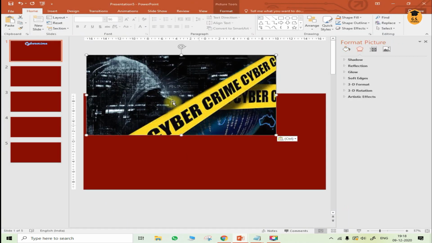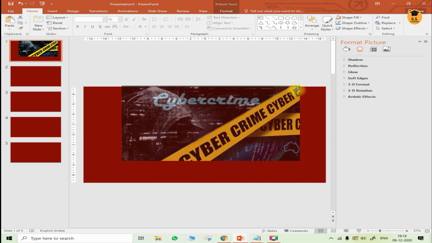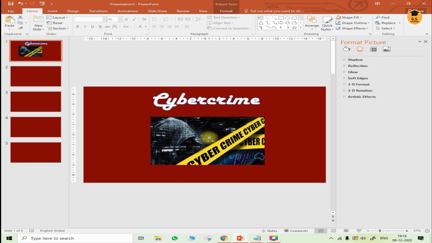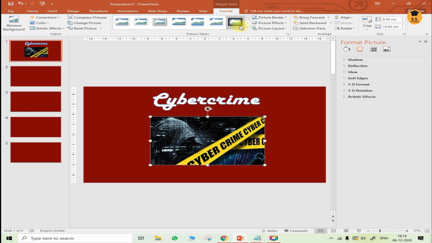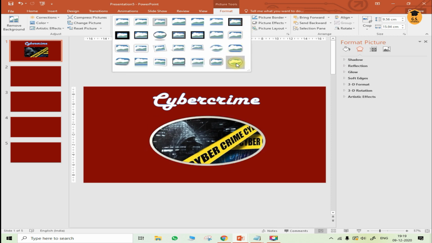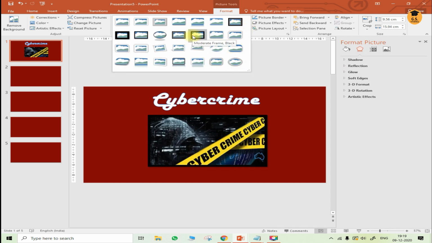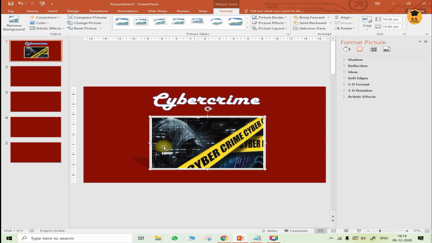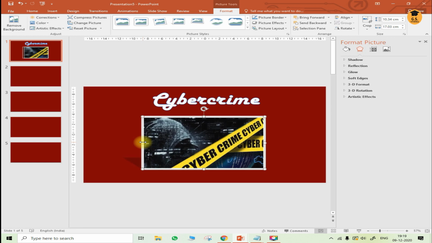Right? Now this size can be made broader and it can be made in a smaller size also. So just select the slide, size of this one. Now your first slide is ready. If you want to do formatting of this picture, you can also do the formatting. Let's say here, okay, or anything else, whatever you wish, you can just do the formatting also. According to your own way, you can do the formatting.